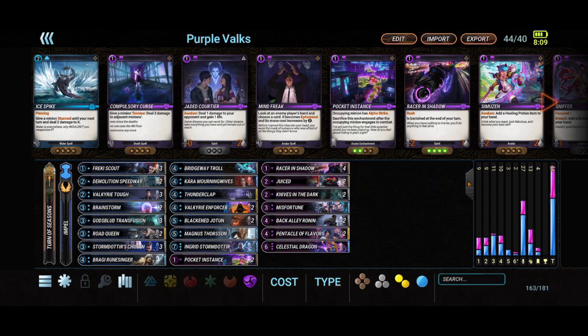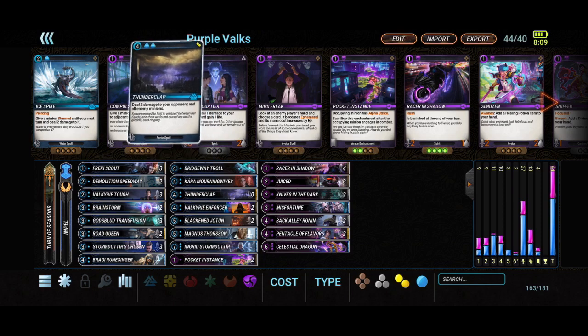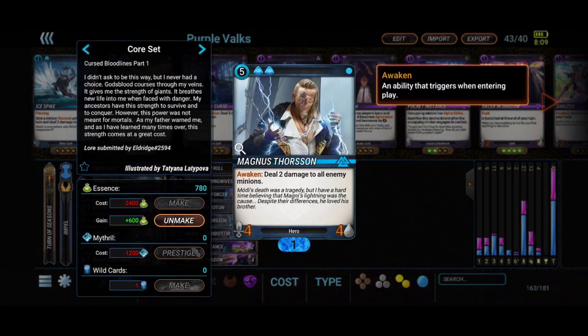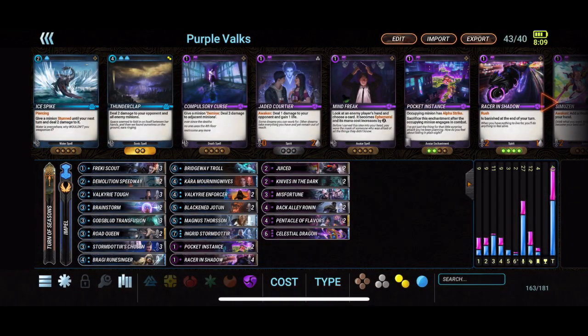I'm considering cutting this Thunderclap since we added in the Magnus. It's essentially the same thing. Magnus deals 2 damage to all enemy minions. It's just a Thunderclap that doesn't go face. And then along with that, we can consider...